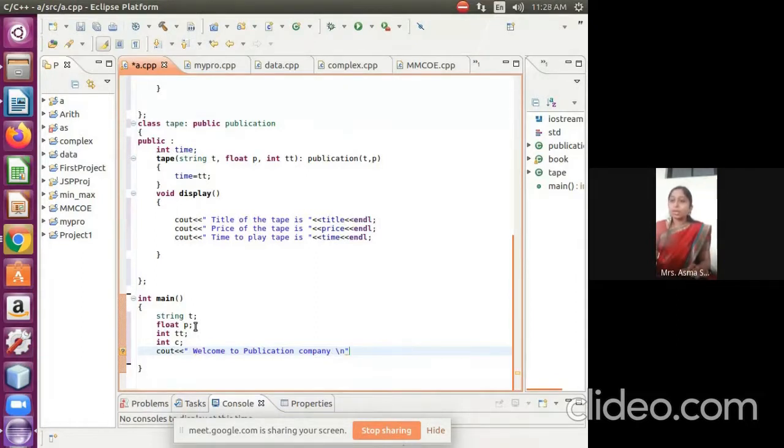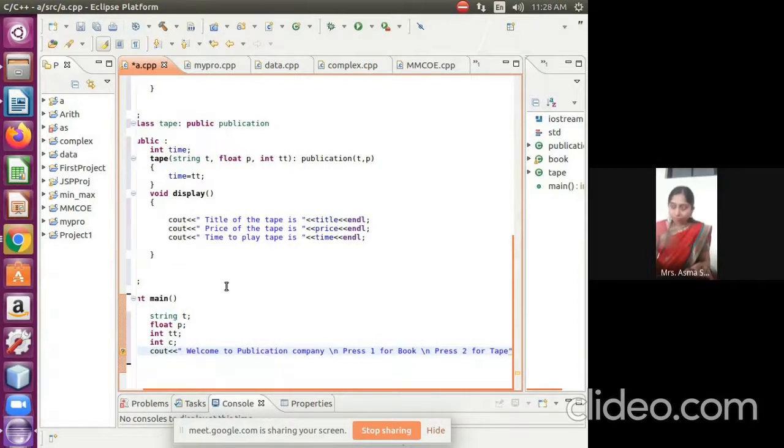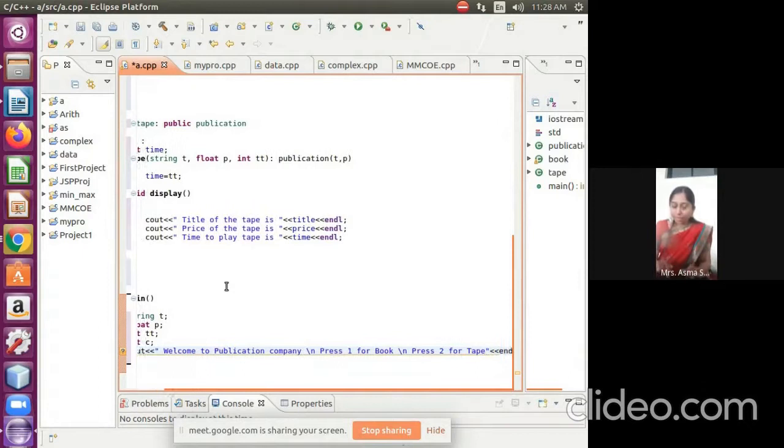Then press 1 for book \n, press 2 for tape, and at last we include the \n. Or I am writing this endl, it is better.